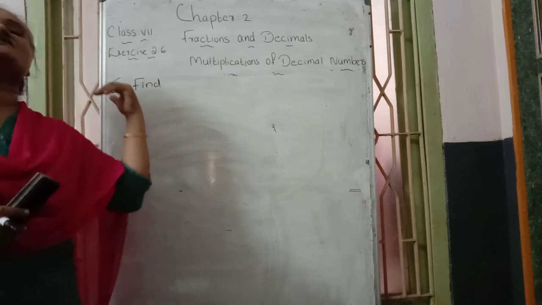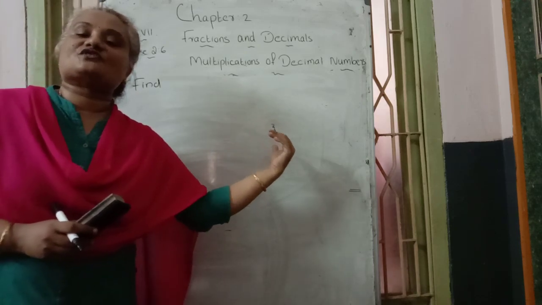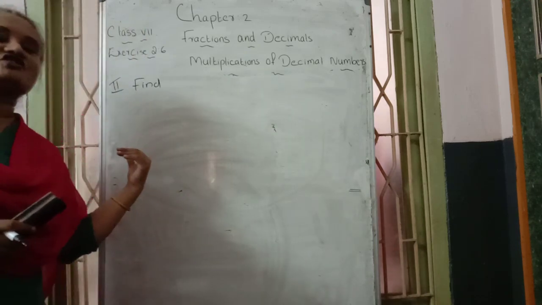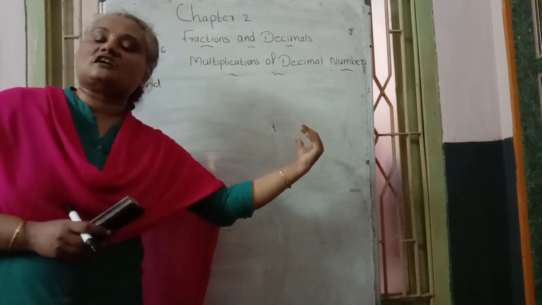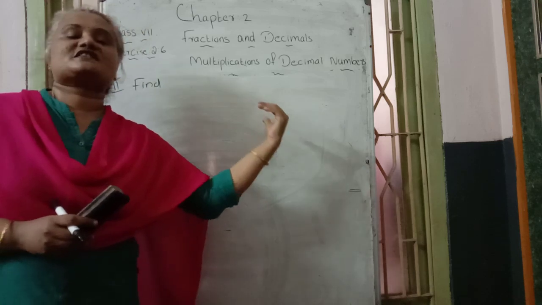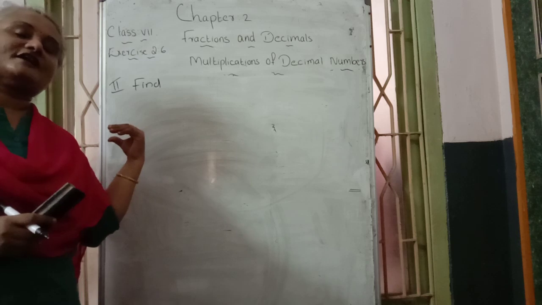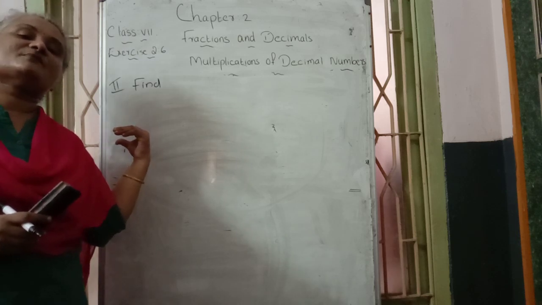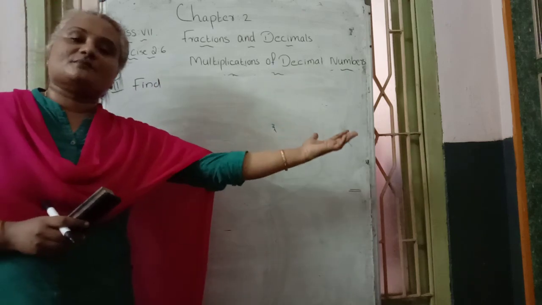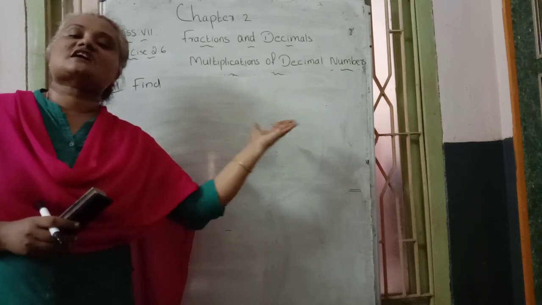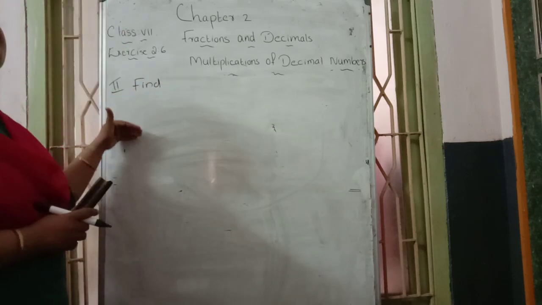Multiply with 100 means write the same number and on the right side of the answer put 2 zeros. Multiply with 1000 means write the same number, and 1000 carries how many zeros? 3 zeros. That's why in the answer place put 3 zeros. Then again look at the question. In the question's decimal part, check after the decimal point how many digits are there, from right to left that many places count and put a decimal point. That is the procedure for doing the second Roman.